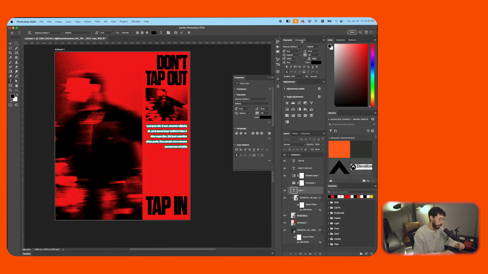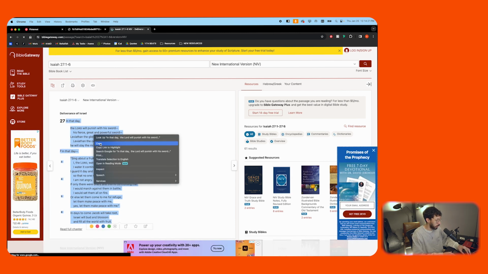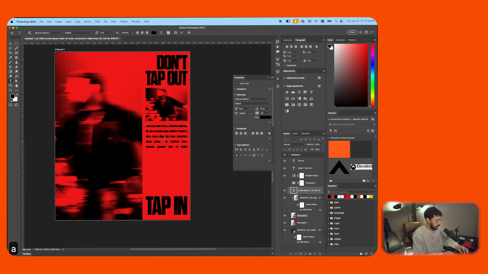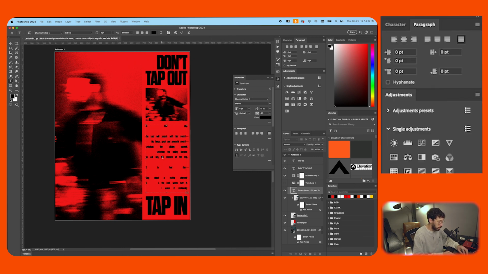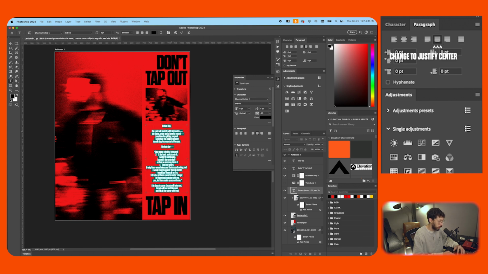Okay, if we go to our paragraph panel, let's go with justify all. Let's just copy and paste this. And copy. And Command V or Control V if you're on Windows. That'll paste it. And it looks a little funky right now, which is because of the way the website laid everything out, but that's okay. We can always adjust the line spacing. I hate it. So what we'll do is we'll change it to